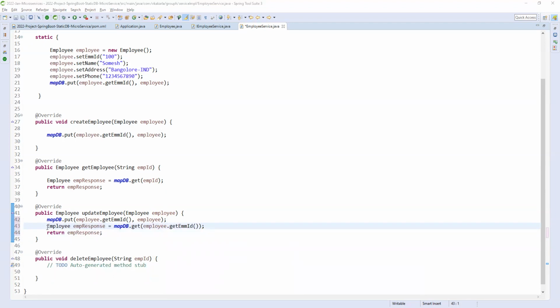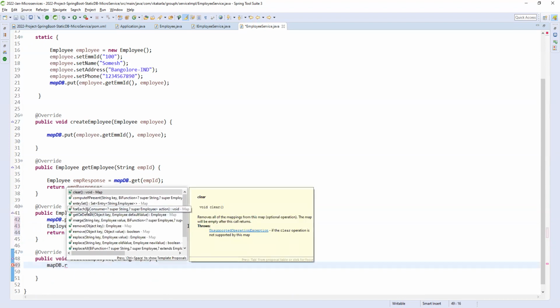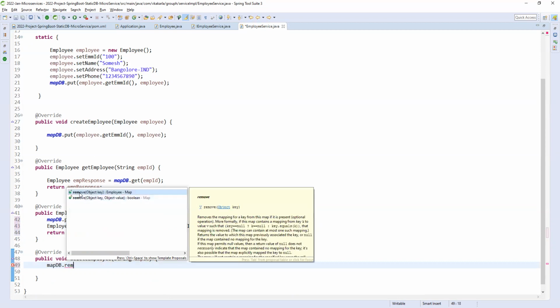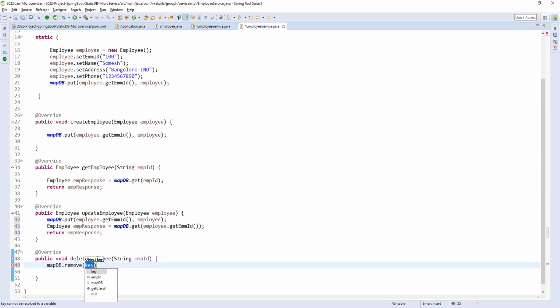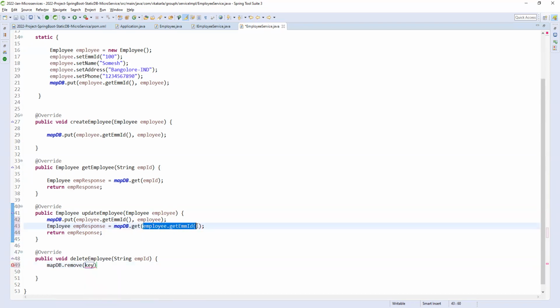So now, delete, right? How can we delete a value from the map? The map.remove method is there. Okay, map.remove, so you can pass the object key, which is nothing but employee.get key.